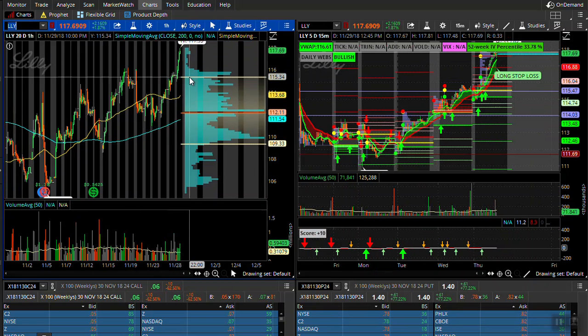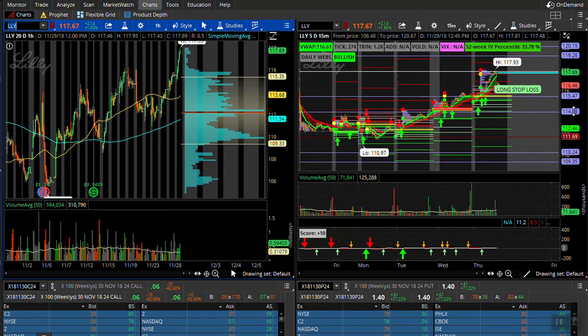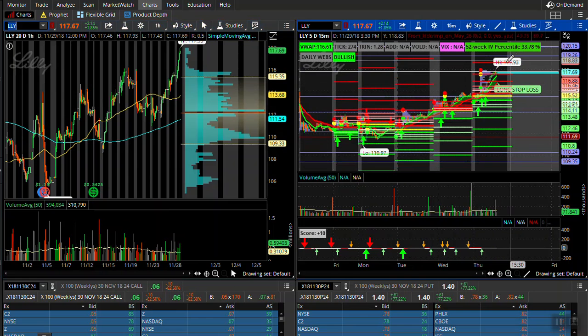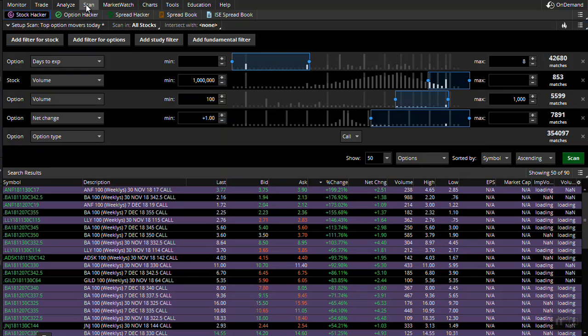It's pushing out above weekly value, so that's a very good sign. And we are above the value point of control. And based on the way the profile looks, we're probably going to see continuation in this move tomorrow, unless something happens. And then if you go back to the scans real quick, on the put side,